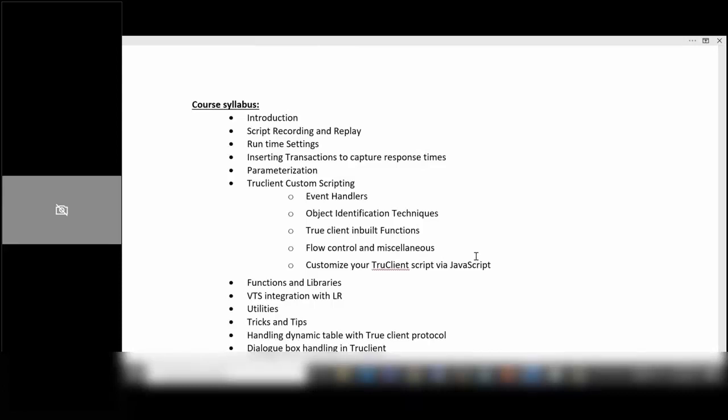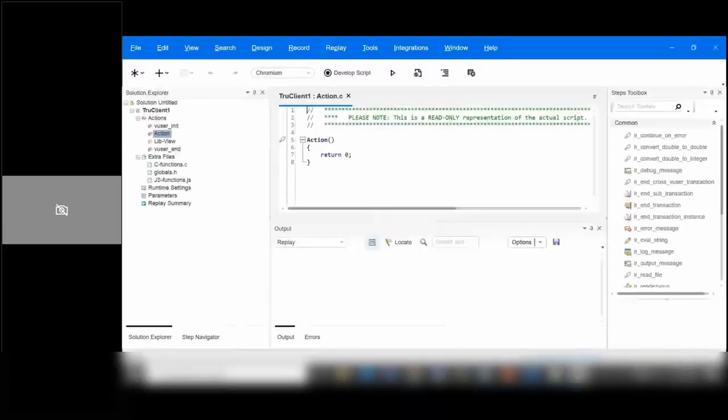So those things we will cover in inbuilt functions. Then we have flow control and miscellaneous things. In flow control we'll discuss, let me show you. Okay, so go to